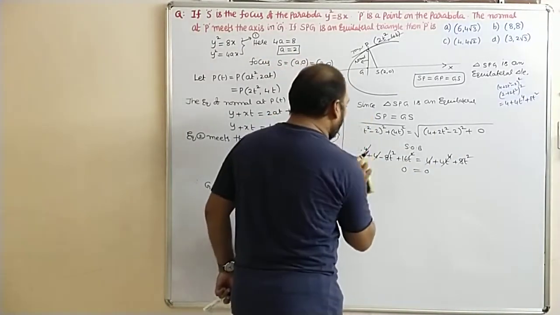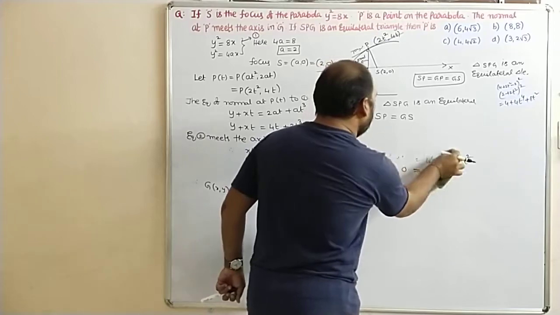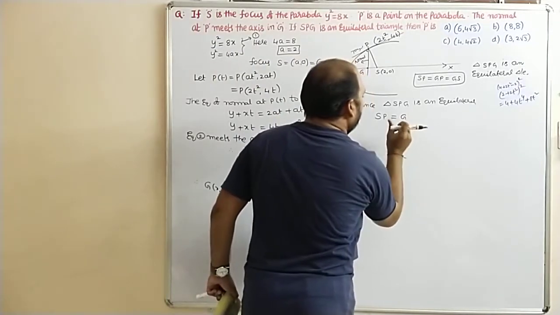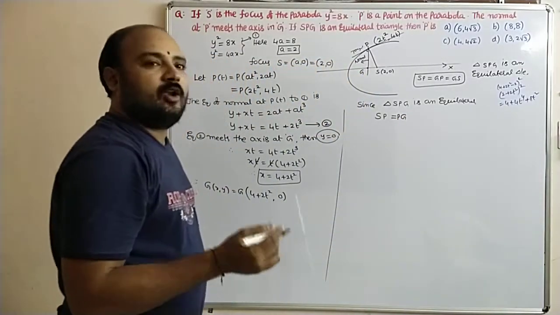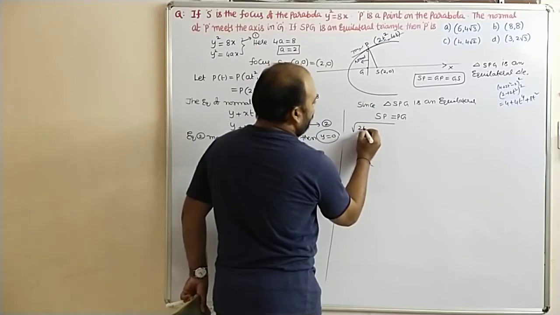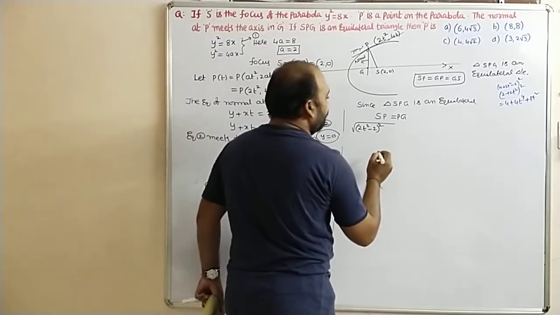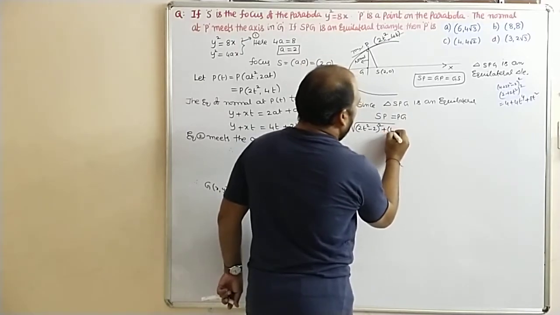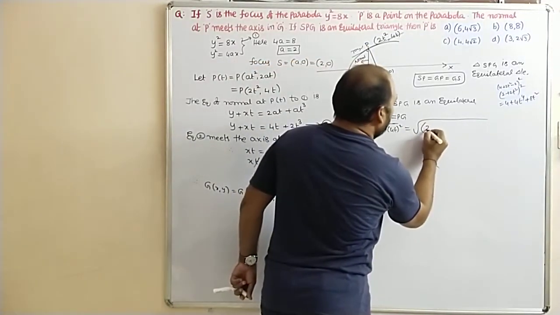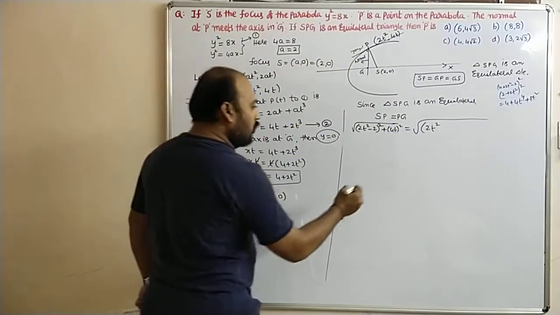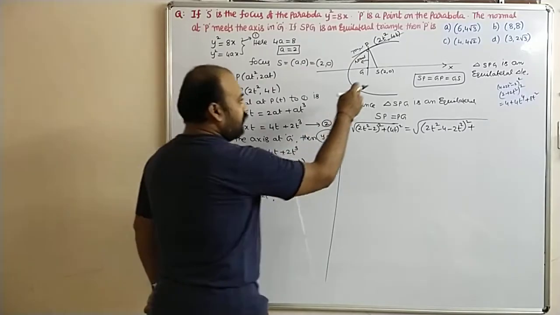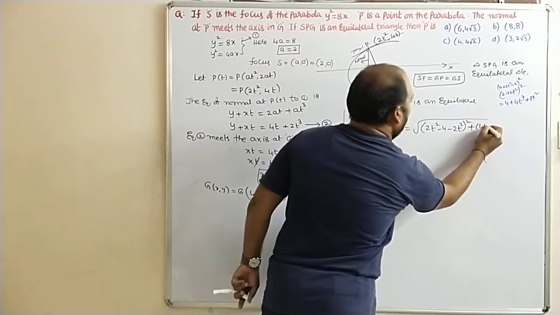So what we are taking is another case. Why? Because all are equal, no? All the sides are equal. So that is the reason we are taking here SP is equal to PG. That time we will get an unknown value of t. So SP, the distance between these two: square root of (2t square minus 2) whole square plus (4t) whole square is equal to the square root of PG whole square. The distance between these two: (2t square minus 4 minus 2t square) whole square plus, after that, (4t minus 0) whole square.